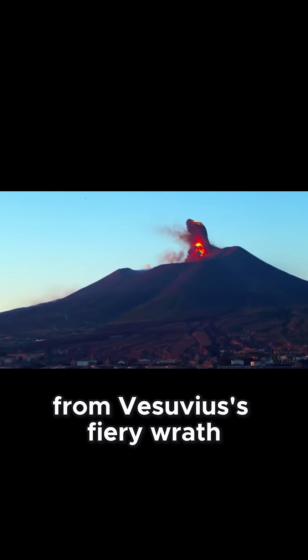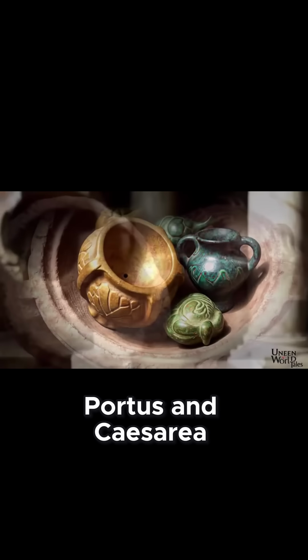From Vesuvius's fiery wrath to the sunken treasures of Baiae, Portus, and Caesarea,